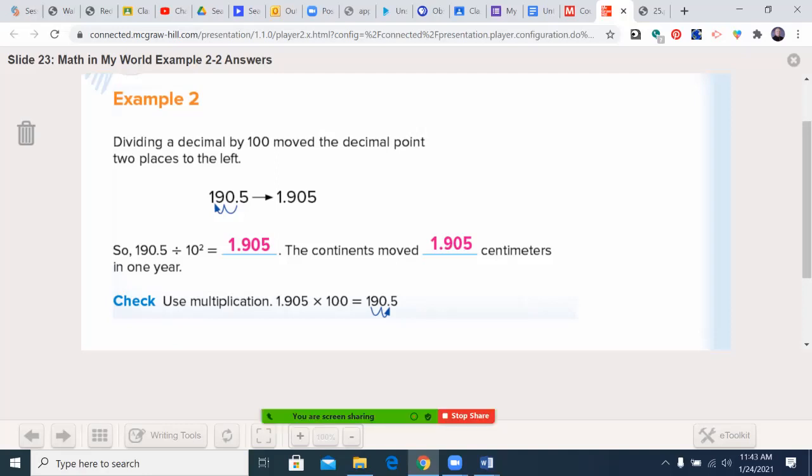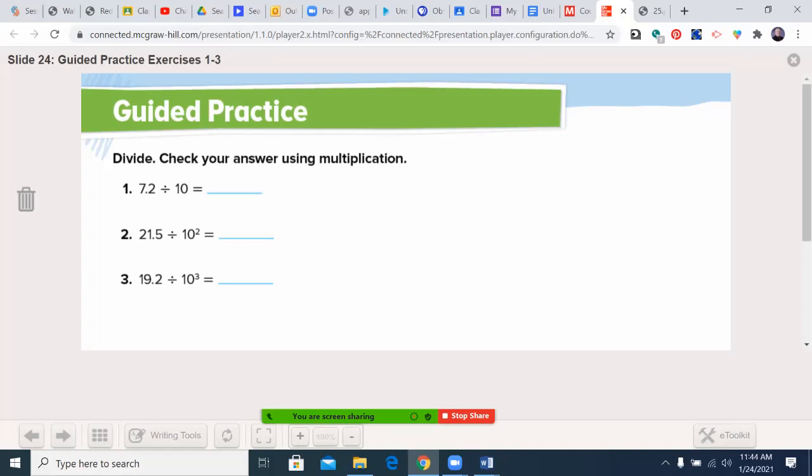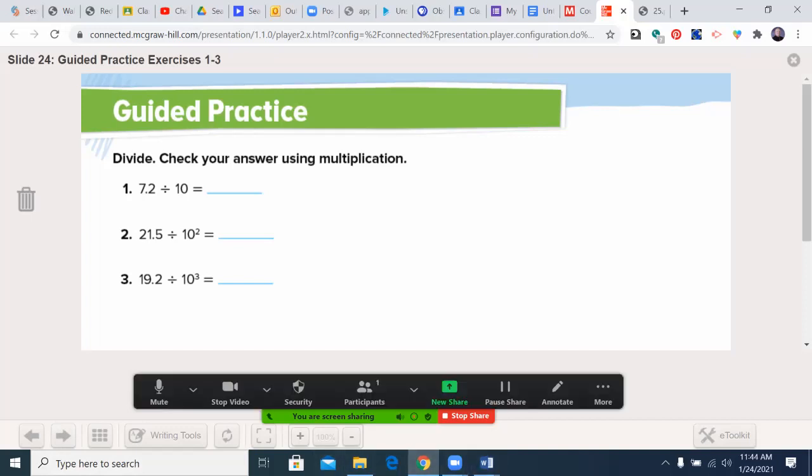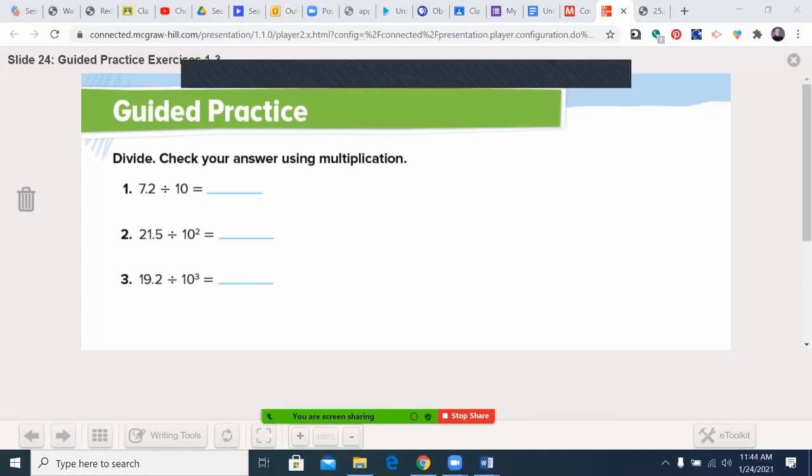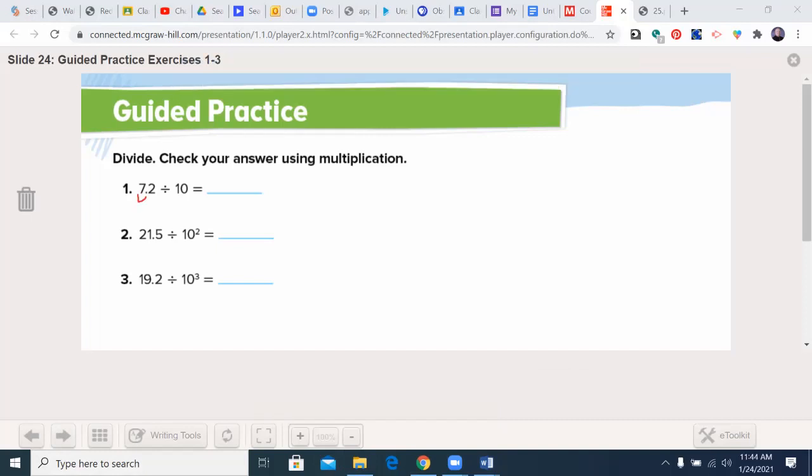Moving on to the next slide. This is where you're going to get some practice. We're going to do, actually, we'll do these ones together. First, 7.2 divided by 10. There's 1 zero. It's going to go back. So now it's going to be before the 7. So I'm going to write it as